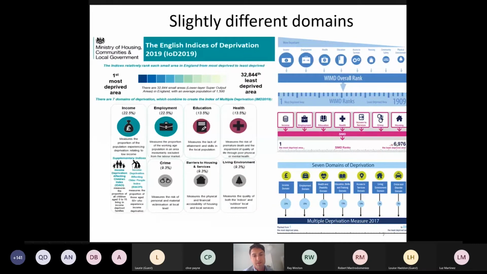So here is just an example of some of the outputs we produce, some of the fact sheets across England, Wales and Scotland, and also an illustration of the slightly different domains in use. You can see, hopefully, and when the slides come round you'll see a bit more clearly, the seven domains in England, which is on the left, and then top right, you have Wales, and bottom right, you have Scotland. And you'll be able to see that some of the domains, while similar, or even in some places exactly the same, others are slightly different or comprised of slightly different data sources. So it's just to help illustrate the differences in data sources, but the similarity in approach. Maybe that's a fairer way to put it. Next slide, please.